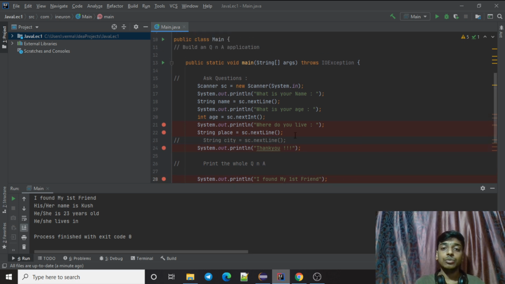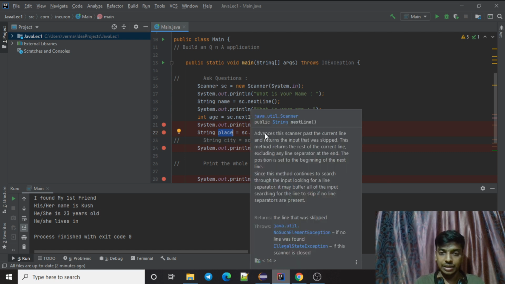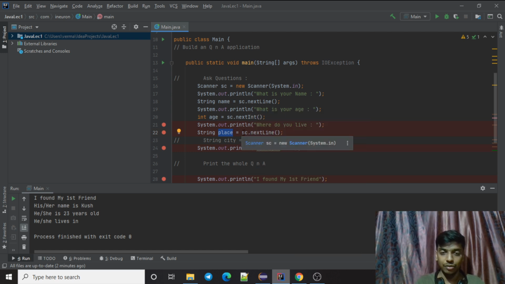Now the question is, how and why does it have an empty string available, which it is assigning to place. Okay, so I hope you guys got the problem. The problem is, it is assigning an empty string. Somehow an empty string is coming into our code, which is getting assigned to place, and then it moves forward. So it is not stopping for me to input, and because I'm not able to give input, it is not storing anything to place. Even if I give the input, it is storing an empty string, because that has been assigned already before giving my input.